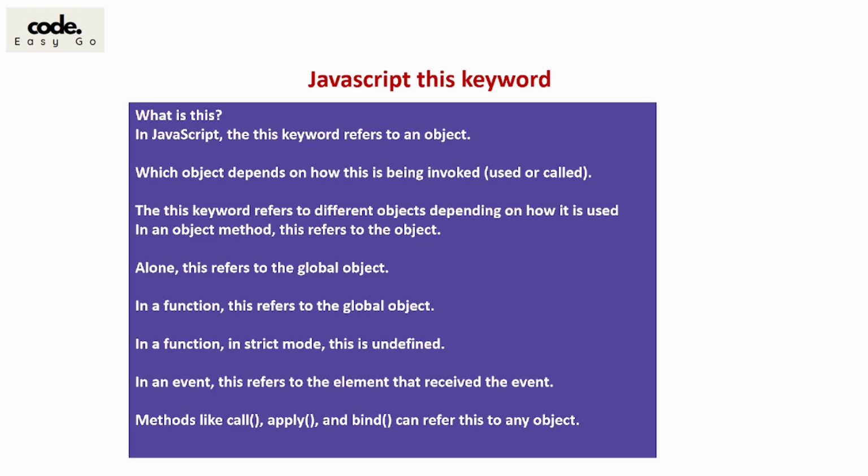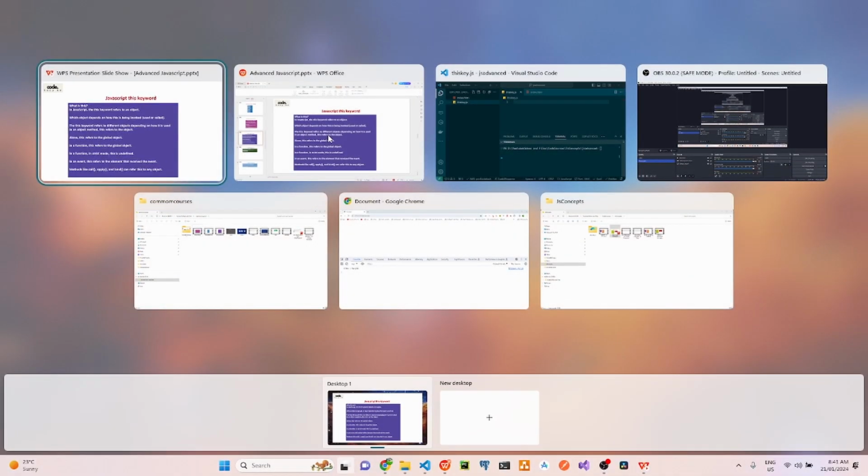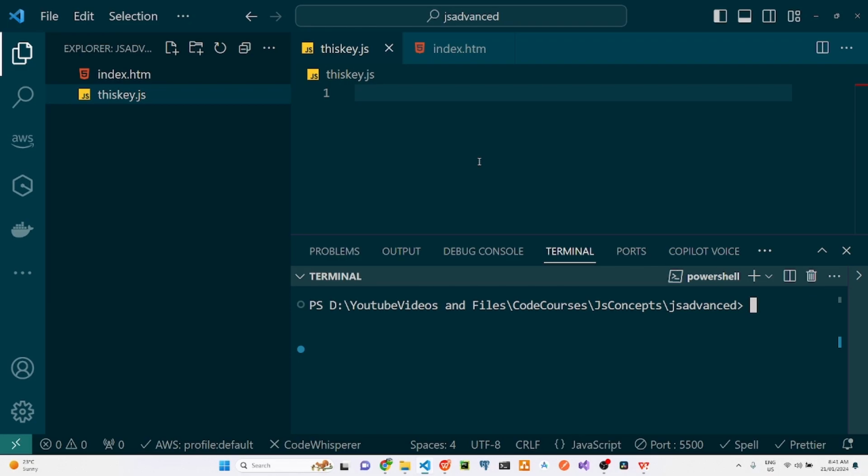So let's go and have a look in code, in Visual Studio Code. Let me show. So what is the this keyword? When used alone, this refers to the global object because it is running in the global scope. In a browser window, the global object is the window object. In strict mode, when used alone, this also refers to